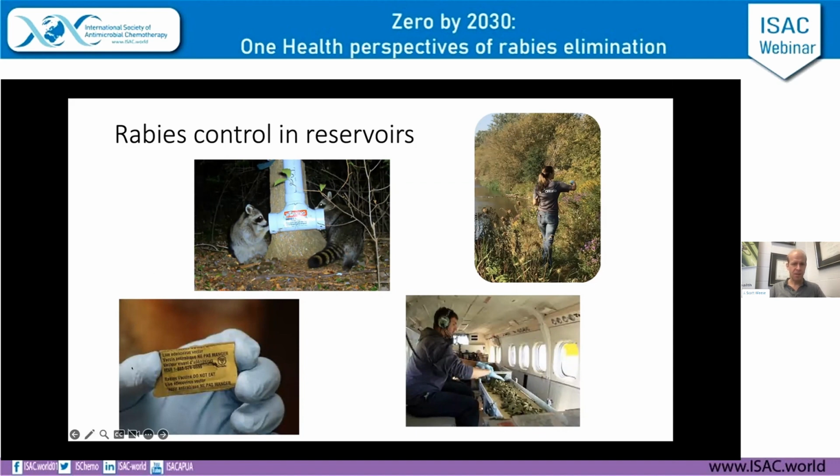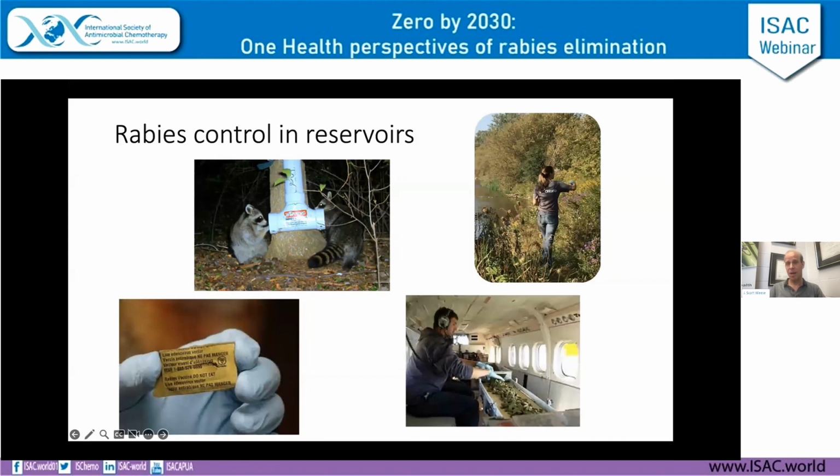So these are baits. You can see the bottom left. It's a live vaccine. It's a recombinant vaccine, and it's kind of a flavored covering. And these are deposited in different areas. They're put in bait traps. You can see here, these raccoons are reaching in, pulling out a bait, and some raccoons will eat a lot of these. Some very well vaccinated raccoons. There's oral